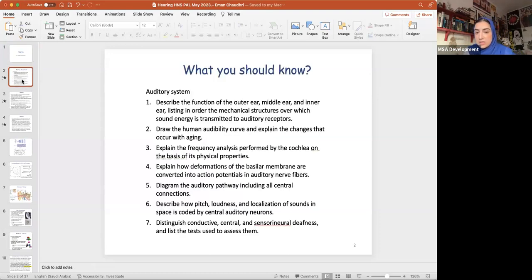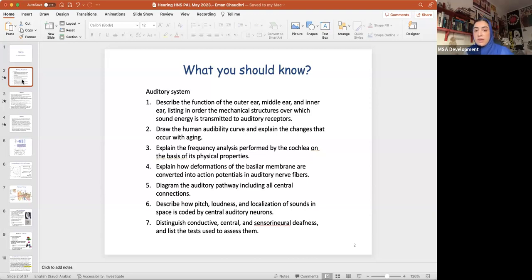So this is what we're going to need to know for this lecture by the end of it. We want to know the function of the outer ear, middle ear, and inner ear, and understand the mechanical structures and what they're contributing basically to sound energy that is transmitted eventually to your cochlea and auditory receptors. And then we want to draw the human audibility curve and explain the changes that occur with aging,